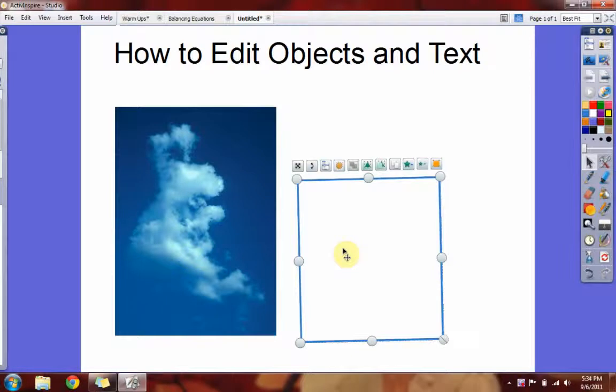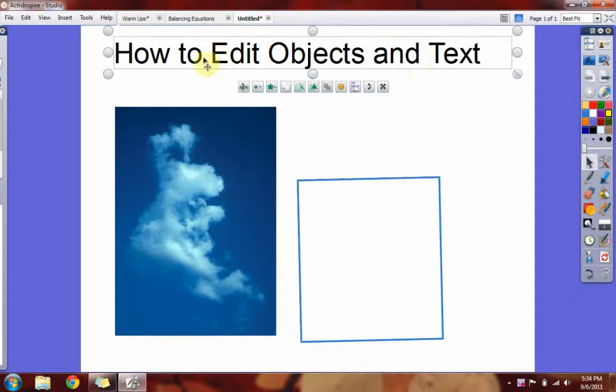Hey guys, it's Katie. I'm going to show you how to edit objects and text in ActivInspire. An object is a photo, a shape, or a group of words. I'll show you how to edit text specifically at the very end, but for now I want to focus on